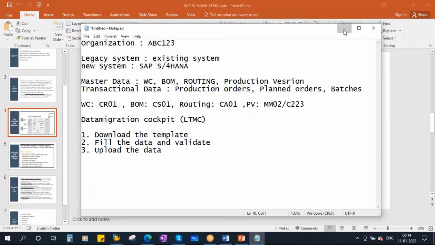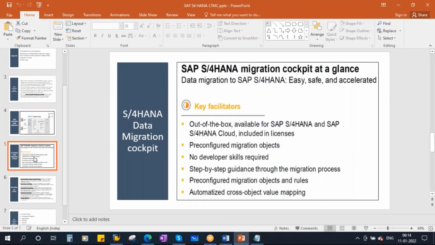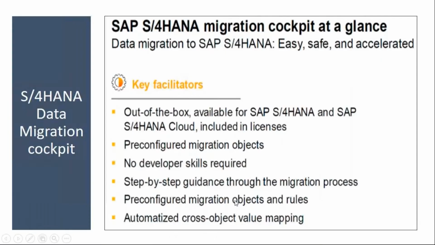Okay, so these are the key features of the S4HANA migration cockpit. Out of the box, it is available for SAP S4HANA and S4HANA Cloud, including licenses. Pre-configured migration objects. Already everything is configured, all the migration objects, not only PP but all modules. Suppose you take materials management, you have the vendor master.